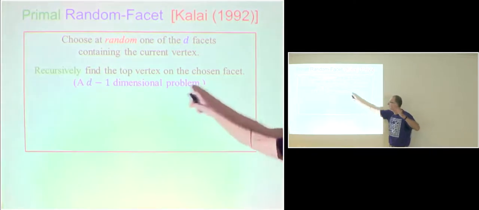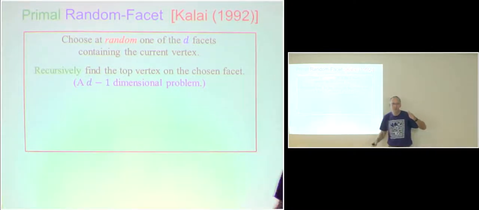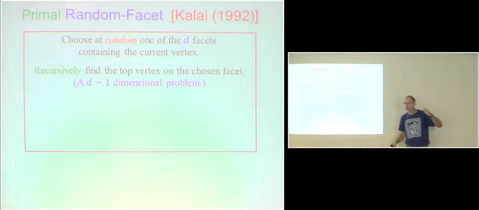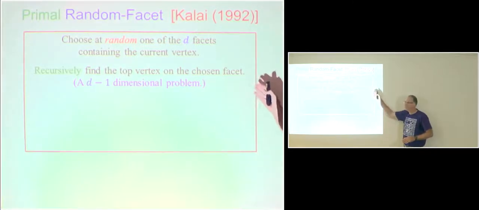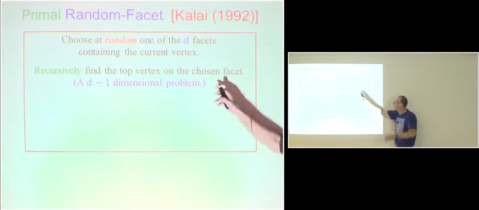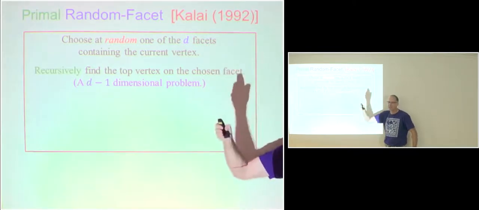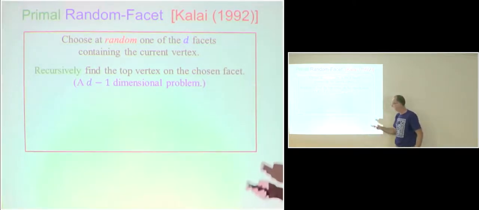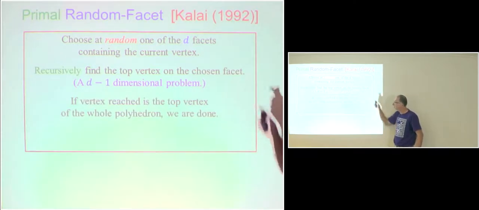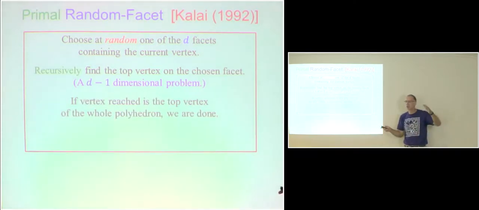So now we stay on this facet. That means that we are now in a d minus 1 dimensional problem, and we find the optimum subject to the assumption that the inequality corresponding to the facet is actually satisfied with equality. Here we choose a random inequality in the basis and make it an equality. Now we solve recursively, and now there are two cases. Either the vertex we got to is also the top vertex of the whole polytope, in which case we are very happy. Otherwise,